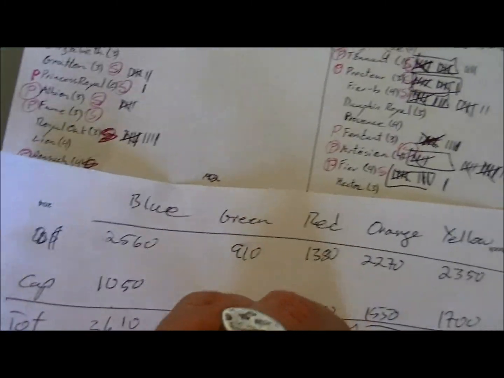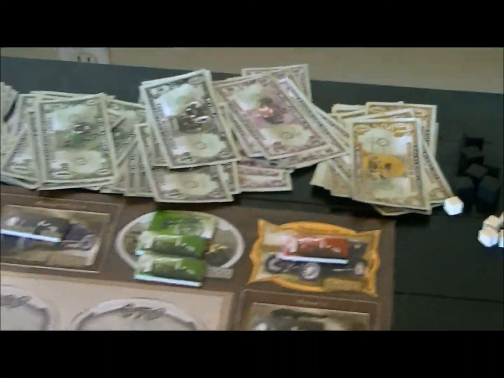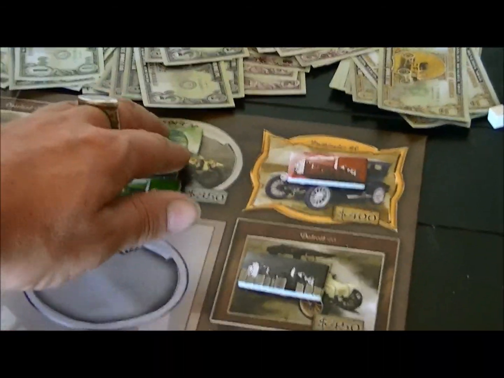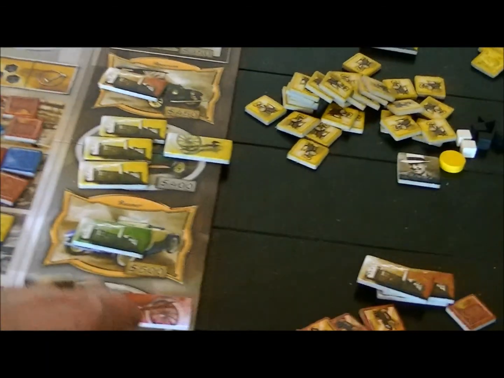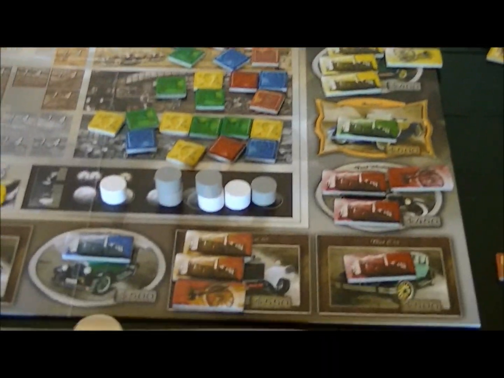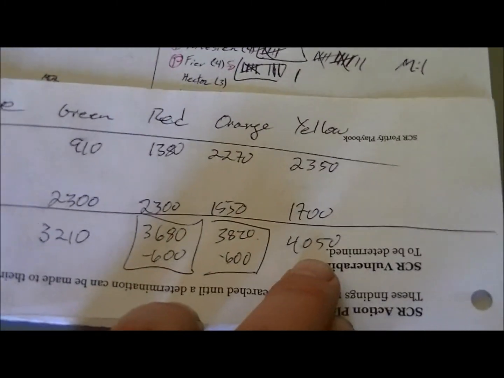You can see Blue has very little. Green actually has a lot. That's because they have this old factory back here, and that's been costing them money, but it's still worth 700 plus 500, 1,200 bucks up there in capital value. Red has as much capital value, more modern stuff. Again, they went into big production at the end. Yellow, not so much. And then we came up with the values, and yellow won